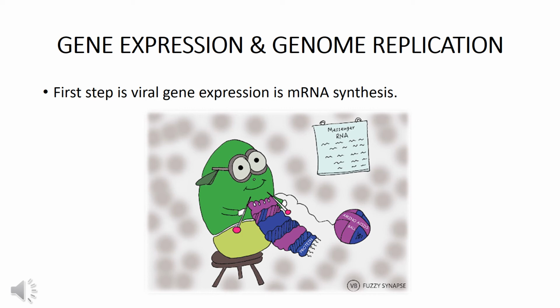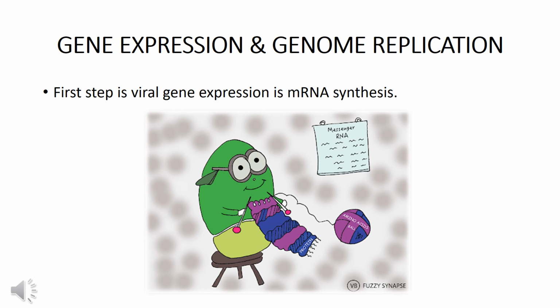In the case of positive strand RNA viruses, replication of mRNA starts from the initial step. It means positive strand RNA can directly bind with the host ribosome, but in the case of